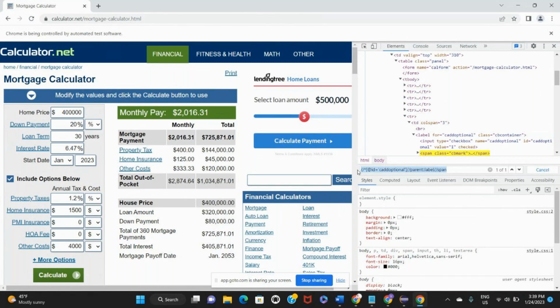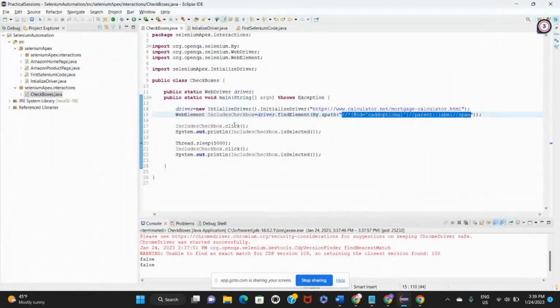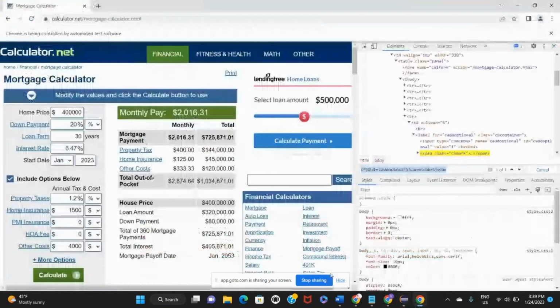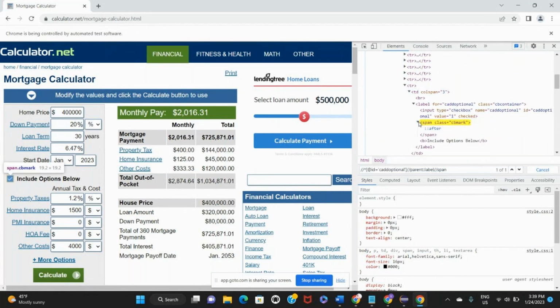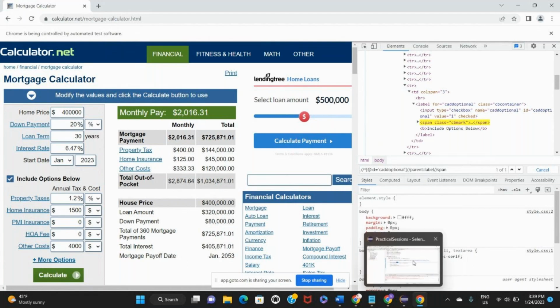So this is the XPath that we are trying to find. Once that is done, we click on it. Clicking on it does a selection or unselection. When we click on it, it got unselected. Again, when we clicked on this, it got selected. So when we click on this, it's like selecting and unselecting. That is fine. Now when we go back here,